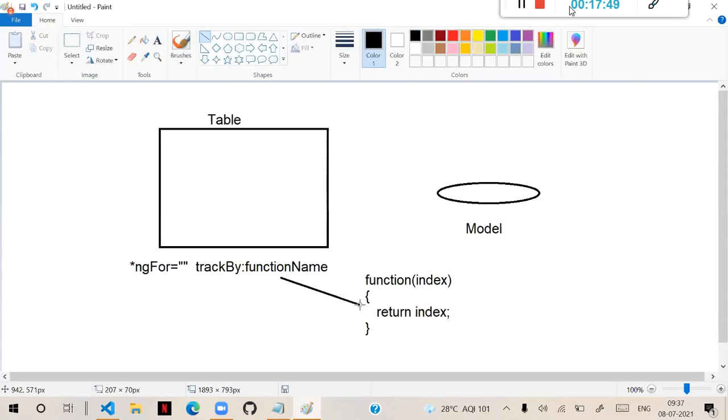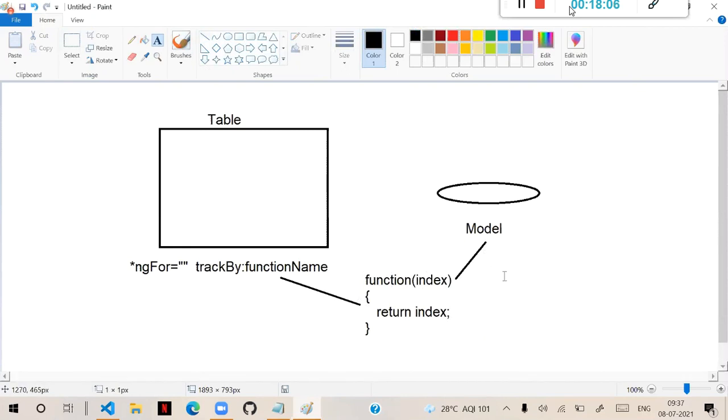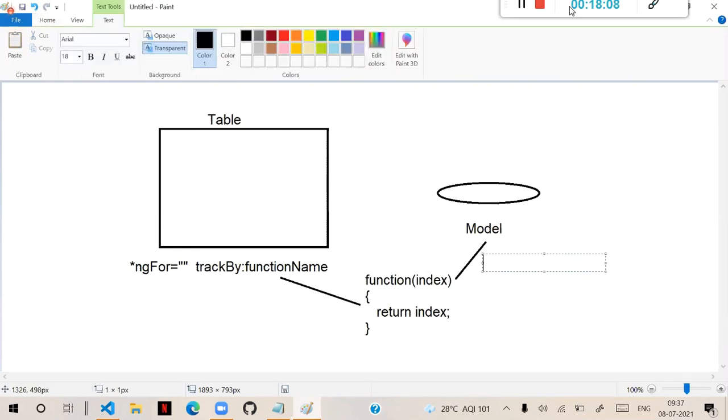It will verify whether the same index is in the model or not, and whether at the same index the same content is present or not. That means it will check for the record